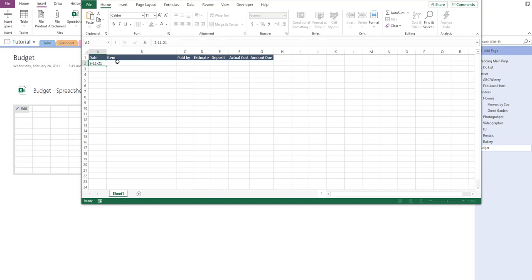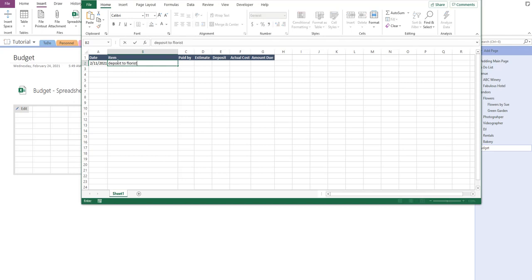2/11/21, deposit to florist, whatever. Let's say we paid by Visa, and estimate, I don't even know how much flowers are, let's say she estimated 3,500 and we put down 500. We don't know what the actual cost is going to be or the amount due, but this keeps track of how much we spent. Let's say on 2-28,